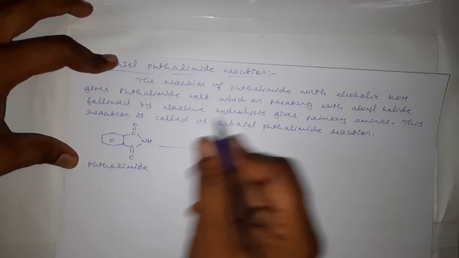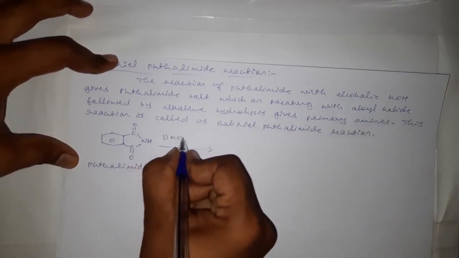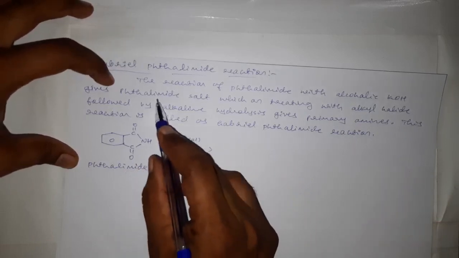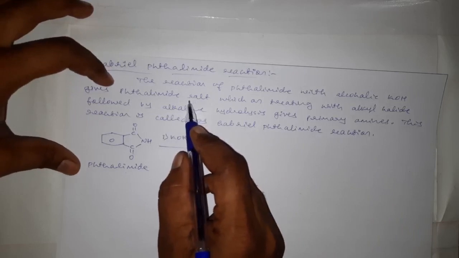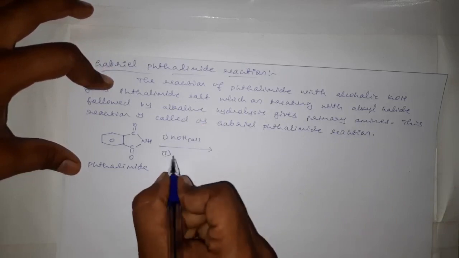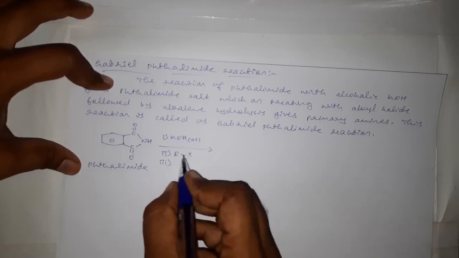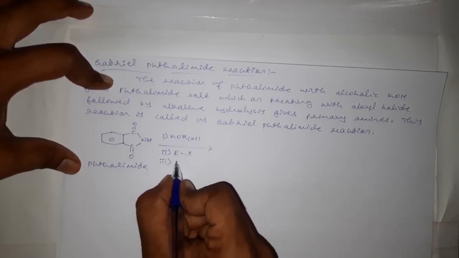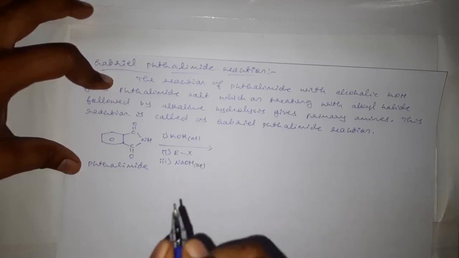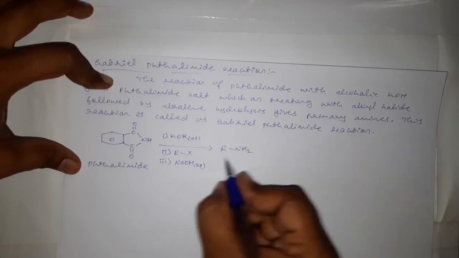When this phthalimide is treated with alcoholic KOH, it will give phthalimide salt. That phthalimide salt I am treating with alkyl halide. The second reactant we are adding here is alkyl halide, followed by alkaline hydrolysis, that is by the addition of aqueous sodium hydroxide, we will get primary amines,